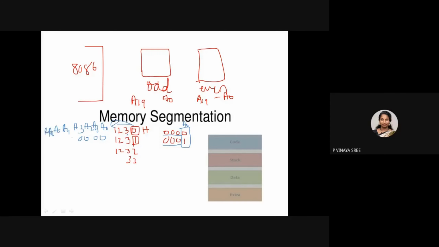What to write for this 3? You will get 0011. Like that you will fill in all of it. All the remaining bits are common, but A0 will be deciding whether it is accessing